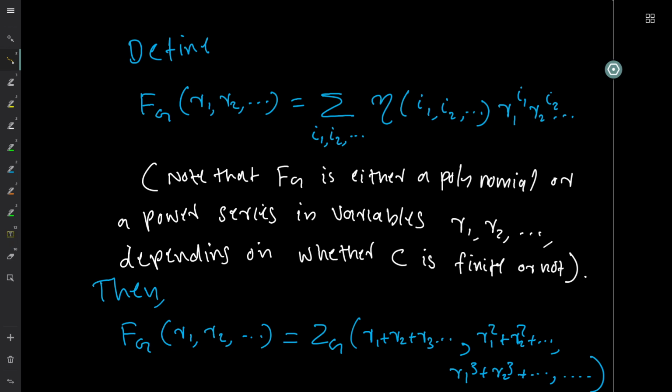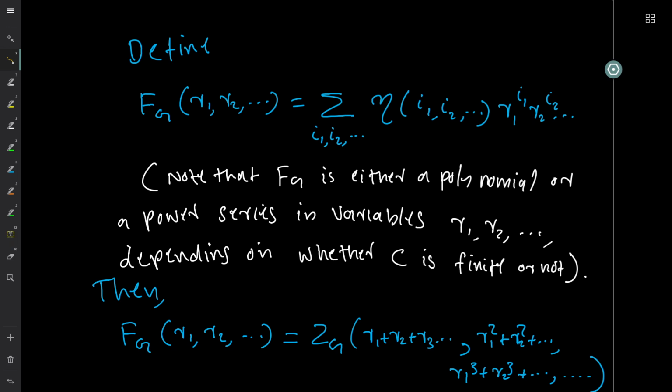Now let us define Fg of R1, R2, etc., where the colors are the variables of the Fg. A summation over all the tuples I1, I2, etc., eta of I1, I2, etc., R1 raised to I1, R2 raised to I2. So which means that the coefficient of R1 raised to I1, R2 raised to I2, etc., is the number of inequivalent colorings where Rj appears Ij times, and sum over all these, and you will get this